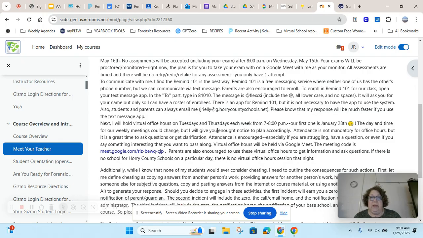If you would like, you can email me. Your response from an email will probably be farther down the road. I know that we have 24 hours to respond to emails, and I don't check my email as often as I have access to my text messages, so that's why the response time is longer. I understand that with the new implementation of the state regulation against cell phones in the schools, that could cause an issue, but you can go to remind.com and you'll still be able to message me through the computer.